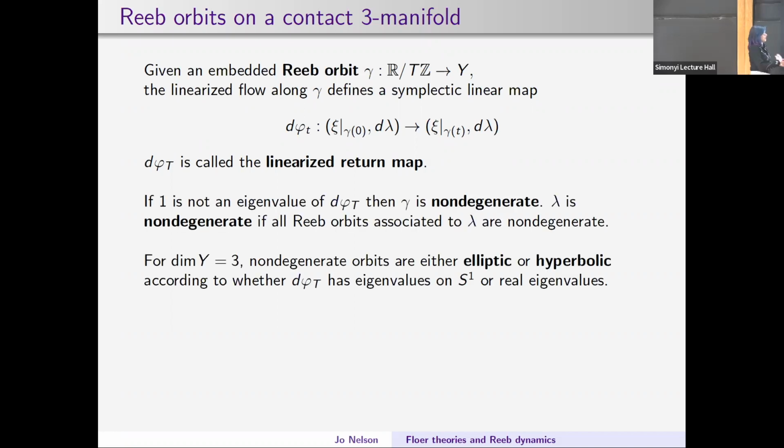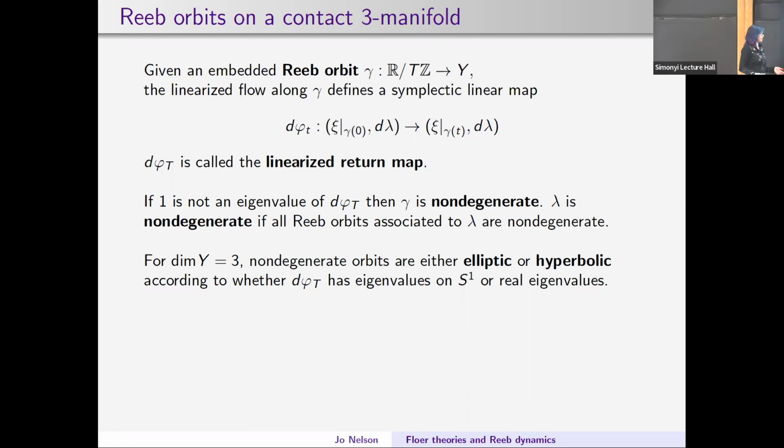And so you're going to look at the eigenvalues of that big time T matrix. If 1 is not an eigenvalue of the linearized return map, we say that gamma is non-degenerate. You can think of this as a Morse condition. So if all of the Reeb orbits associated to a contact form are non-degenerate, it means they're going to be isolated. And then in dimension 3, if we want to look at non-degenerate orbits, that means